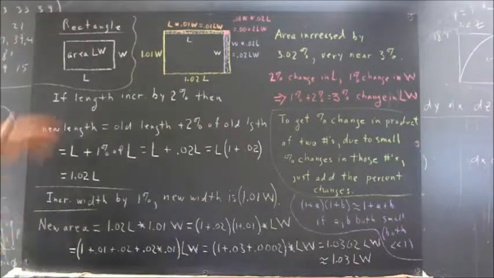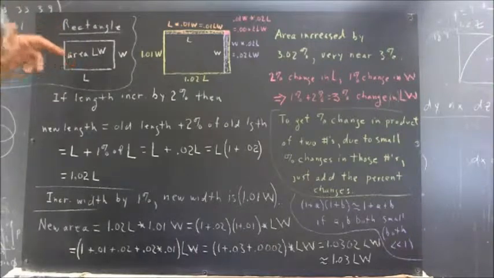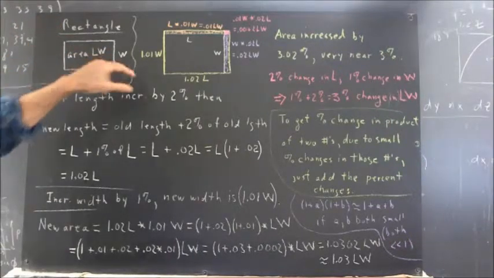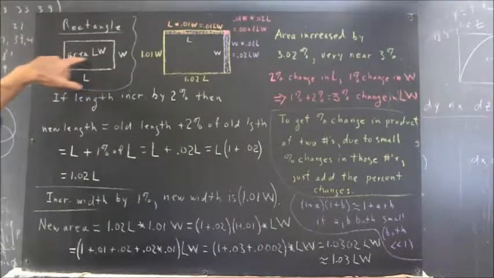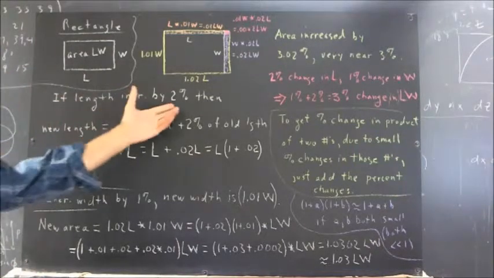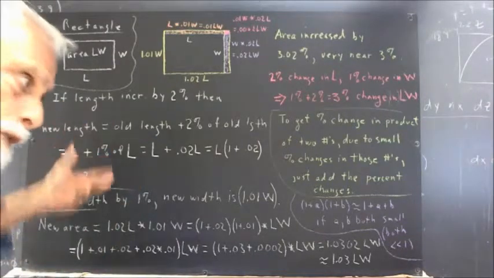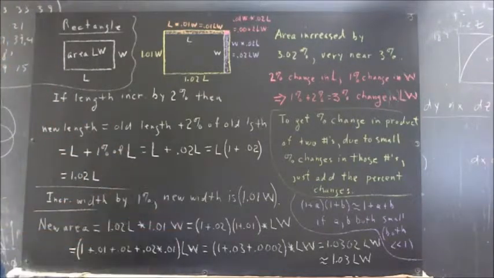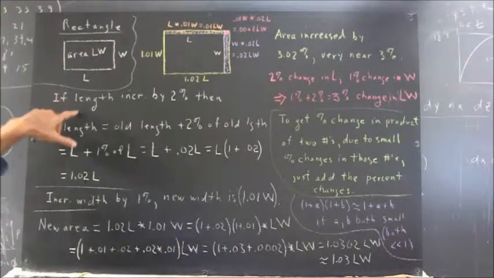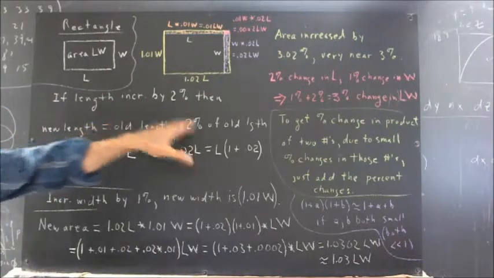Problem 9 says that a rectangle has dimensions L by W, length times width, and that, of course, gives it area LW. The question is, if the length increases by 2% and the width increases by 1%, by what percent does the area increase? Well, if the length increases by 2%, then the new length equals the old length plus 2% of the